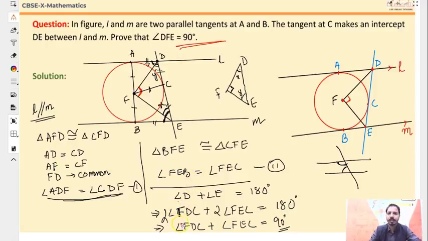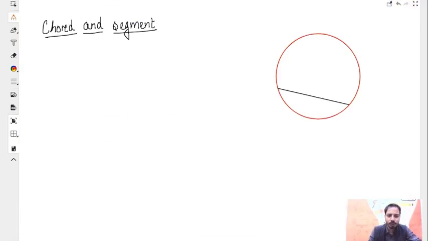Understood all of you? Okay, cool. So now let's go to the next thing. Now guys, once we have learned this about the tangent, we need to go to other theorems. When you go to the other theorems of tangents, you need to know a few more concepts of chords and